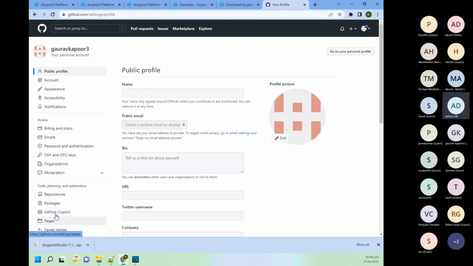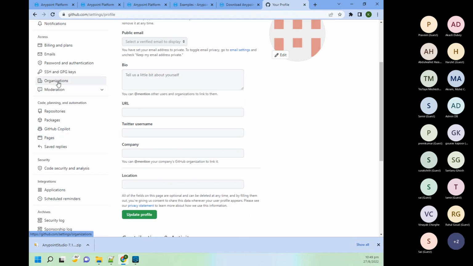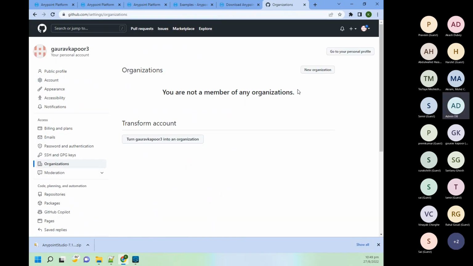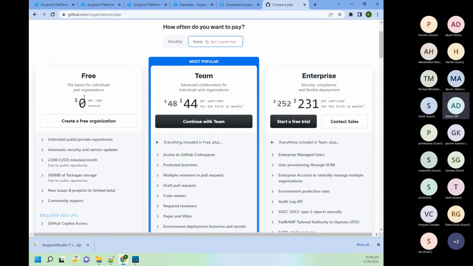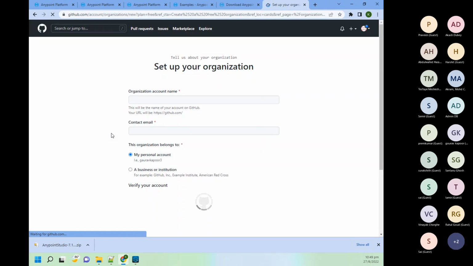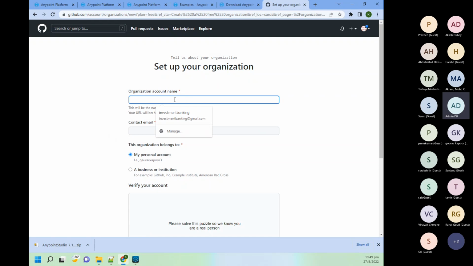And here you will be able to see organizations. And here, new organization. I want the free one. And it will ask for the organization name. So let's say the organization name is, like, we are going to work on